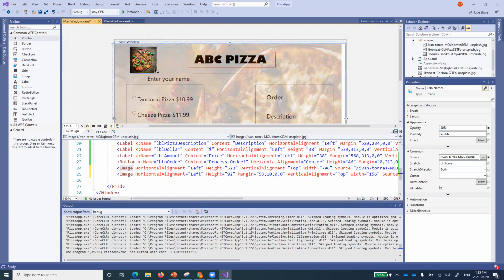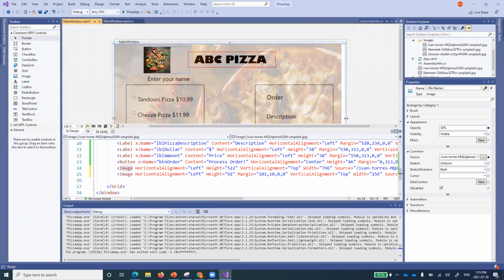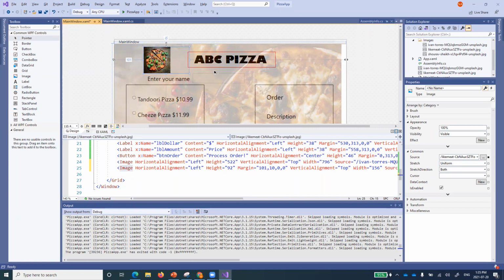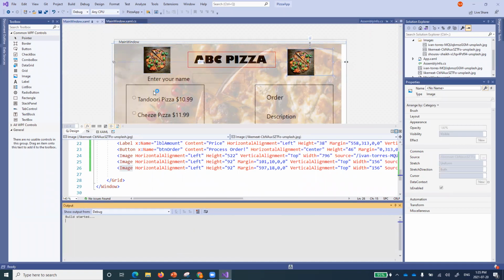So I want this picture to be over here. And in the same way, I'm just copying this one, and you can just download or use any other picture you want. Now, our application has started to look a bit more spicy, right, with some pictures on it.